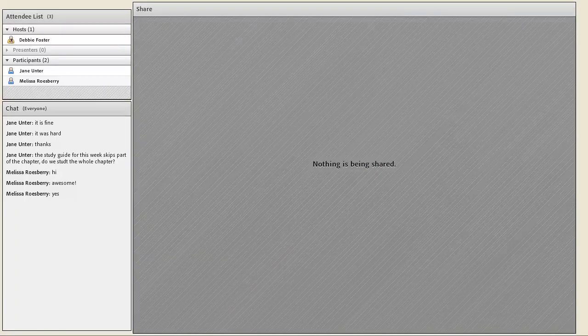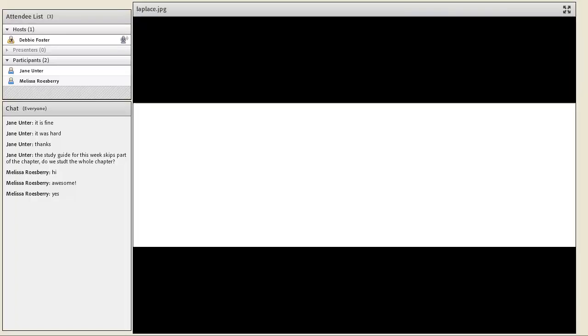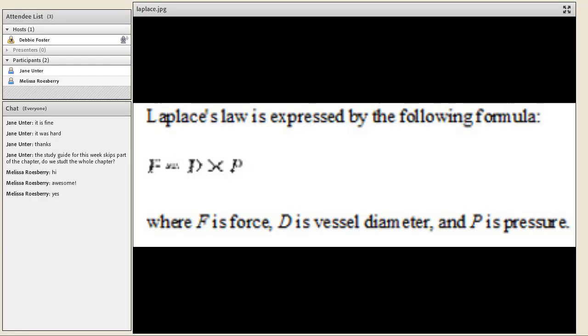Another one is Laplace's law, and I do have probably a very poor document of that too. These come from McGraw-Hill, and for some reason the actual equations came back, like I said, really not pretty. Okay, Laplace's law is expressed by force, that's an F, equals